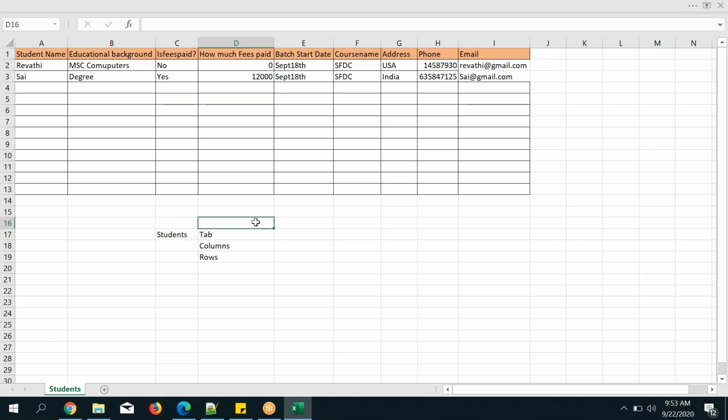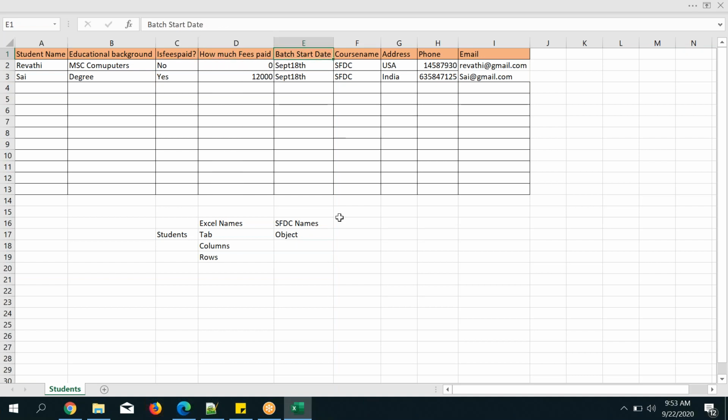These are Excel names, with respect to SFDC names. Here I am calling it a tab, Students. In SFDC I can call it an object. Later I will tell you, but it's an object. Next, what is this one?